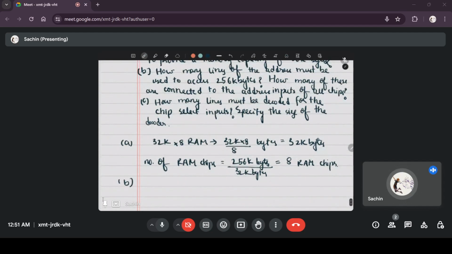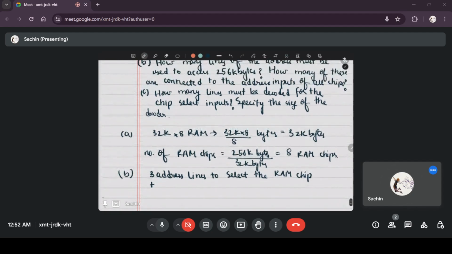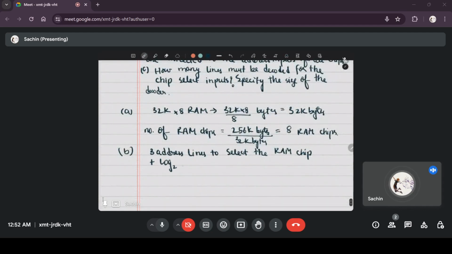How many address lines are needed? To select one among 8 RAM chips, you need 3 address lines to select the RAM chip, plus 32K addresses need log to the base 2 of 32K. 32 is 2 power 5, a kilo is 2 power 10, so 2 power 15. 3 plus 15, so 18 address lines,